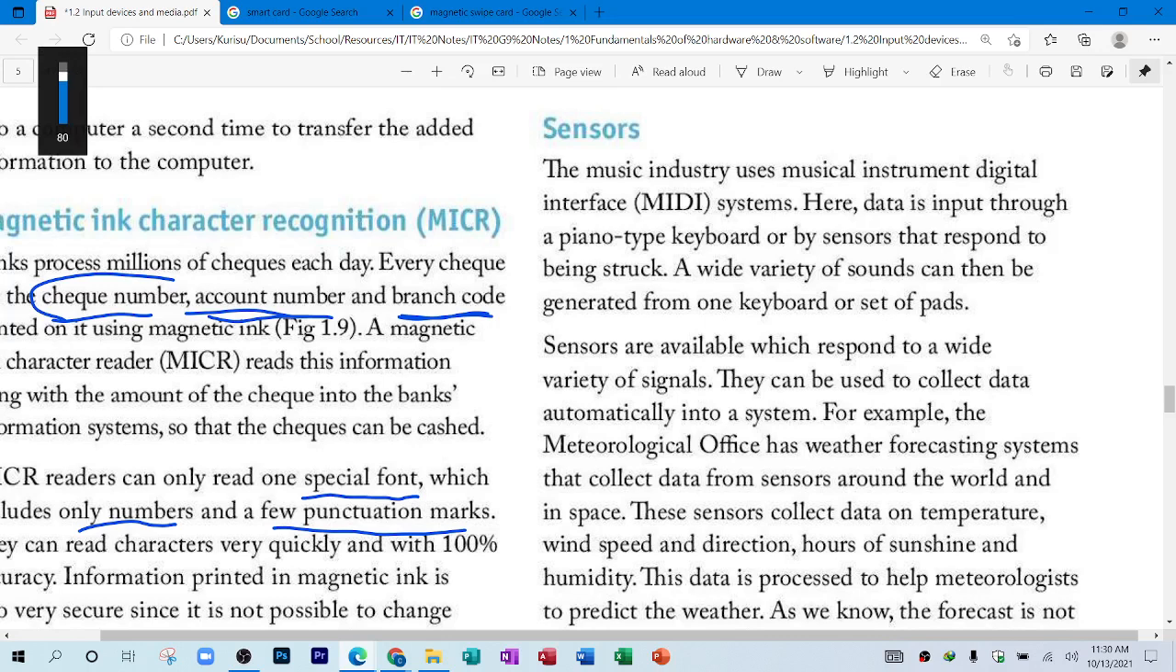Sensor. The music industry uses the musical instrument digital interface (MIDI) system. Here, data is input through a piano-type keyboard or by sensors that respond to the instrument. A wide variety of sounds can be generated from one keyboard or set of pads. Sensors are available